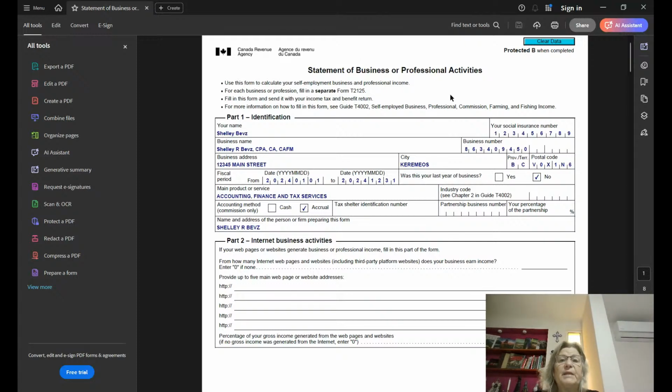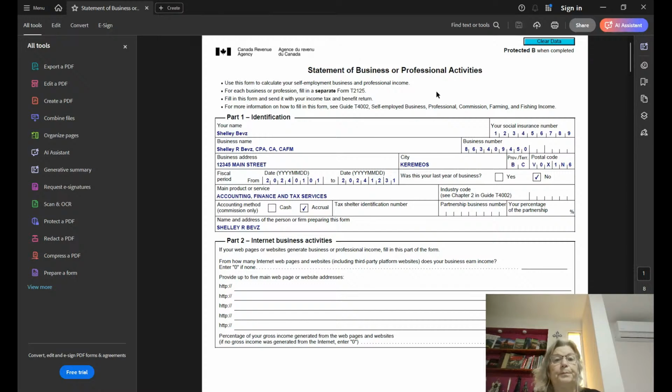But if you have a business schedule, whether it's the T2125 or the rental schedule, the T776, they likely are going to charge you a fee. The fee's worth it. It's usually not that expensive, maybe $25 to $50 with taxes. And I think you're allowed to do at least 2 returns, maybe up to 5. So you can research and check the Revenue Canada website to make sure they're encrypted, that it's safe and,